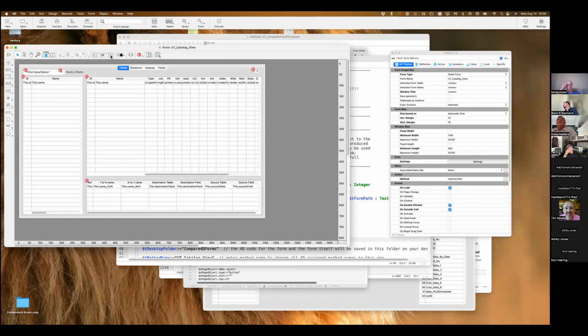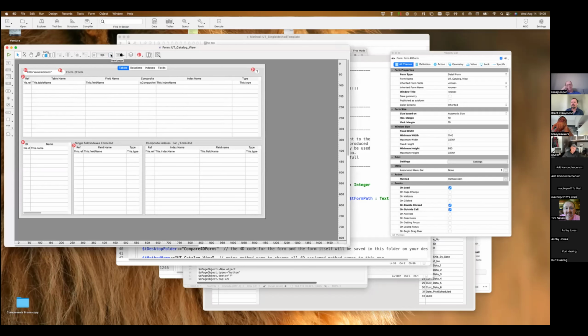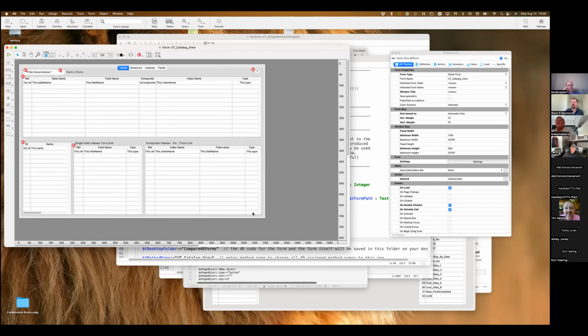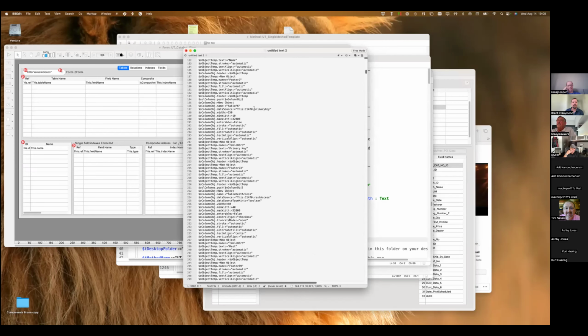If I go to this one, this is what you just saw. Every page pretty much has 3 or 4 grids on it, and then you have the search function and all that kind of stuff. So that information is all generated basically by this code.